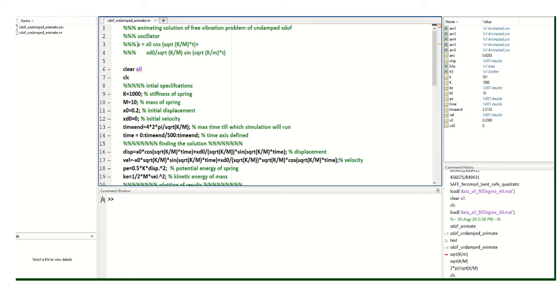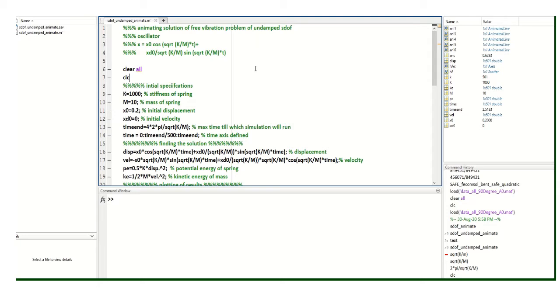Solution reads like this. So this is the displacement solution. Displacement x should come out to be x0 times cosine of square root of k by M times t. So cosine of this quantity is the time dependence of the term multiplied by x0, and then there is another term dependent on time, and that is sine of square root of k by M into t. This M has to be capital M.